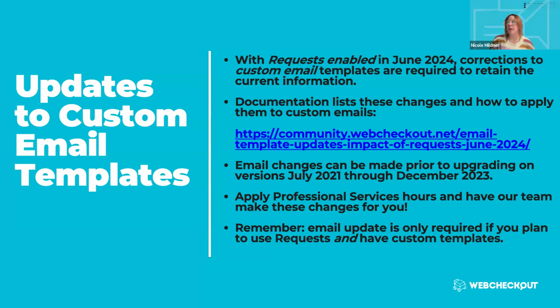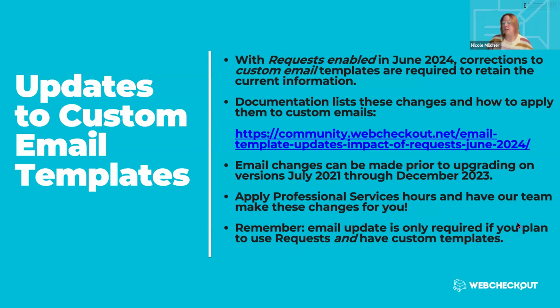Our documentation we created lists these changes and how to apply them to those custom email templates. So I will be showing that document after this slide to just give you a little peek at it, as well as showing you how to use it as a step-by-step guide. These email changes can be made prior to upgrading to our June 2024 release. So if you are on versions July 2021 through December 2023, these changes can be made and they will not cause any disruptions to your current operations. We can also use professional service hours and have our team make these changes for you if you don't feel comfortable doing so. And as a reminder, this is only required if you plan to use requests and have custom